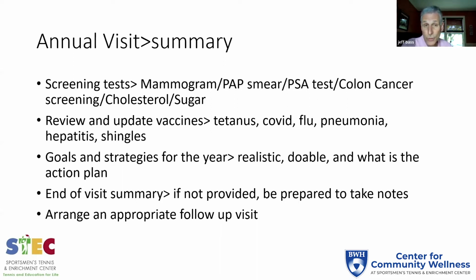For instance, colon cancer screening can be every year, every 3 years, every 5 years, every 10 years, or after the age of 75, they tell us, for most people, no need to continue to check. On the other hand, if someone's already had a colon polyp, we say you don't get a colon cancer screening every 10 years, you get a colonoscopy every 5 years because you've had a polyp. That's something you make note of, because you're going to come back to that. And it's not uncommon for someone to ask, when was my last colonoscopy? Because I had a polyp. When should I be doing it next? Well, it's my job to keep track of that.